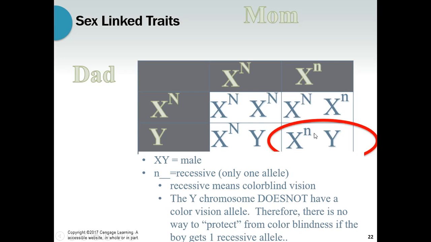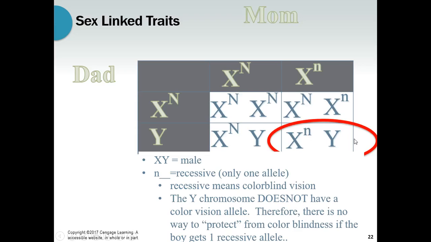Now, this individual got a recessive trait from mom. And again, it's neither heterozygous nor homozygous because they only have one allele. Dad didn't provide any information here on his Y chromosome for this trait. This individual is going to end up having color blindness. Something is going to be different or wrong with their cones in their eyes, and they will end up developing